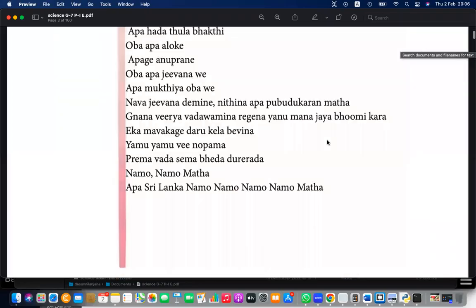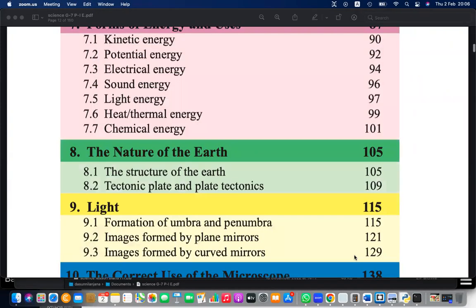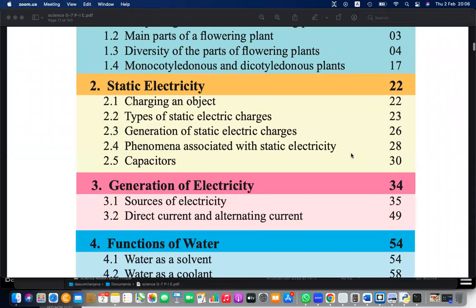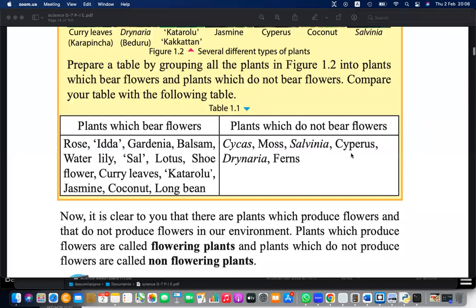Right. Under grade 7, we have already discussed our first chapter, which is plant diversity. And now we have started our new chapter, which is static electricity. So this is one of the most interesting chapters in this